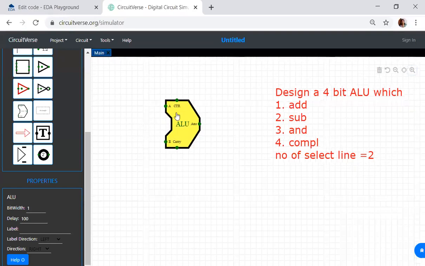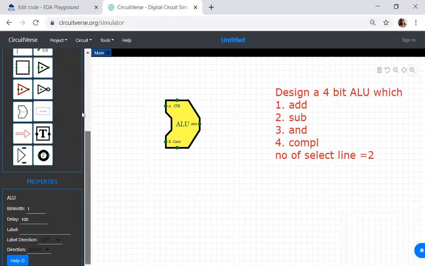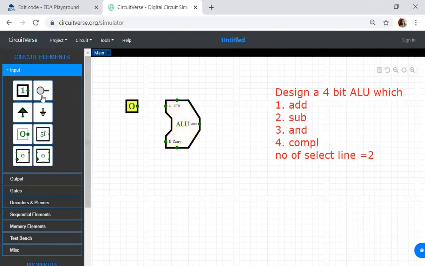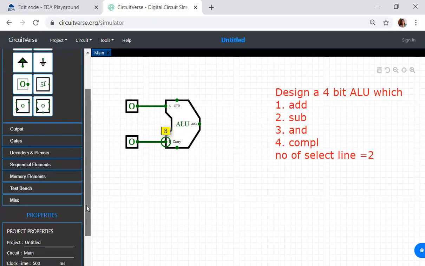Now our question is a 4-bit ALU. For example, here I'll show a 1-bit ALU. If you take a 1-bit ALU, A is 1 bit, B is 1 bit, and this is A, this is B. So with a 1-bit ALU, you will get 2 combinations. How many select lines will we have? 1 select line. 1 select line, 2 combinations. 2 to the power of 1 is equal to 2. So 2 operations you can perform.